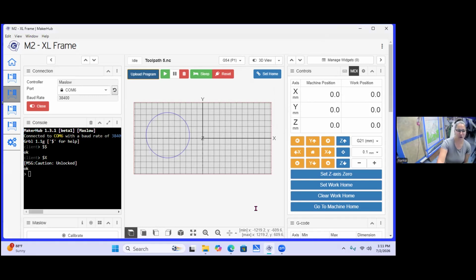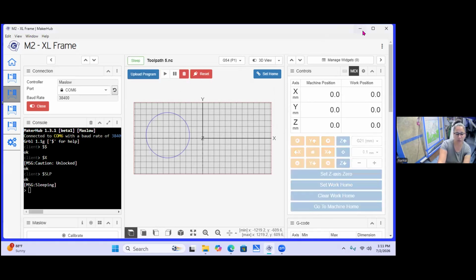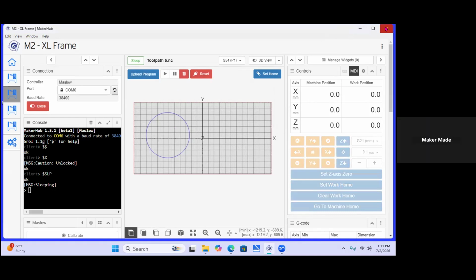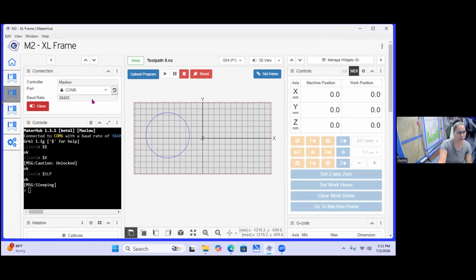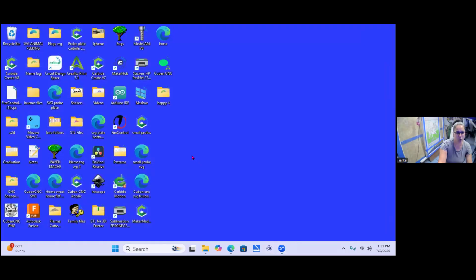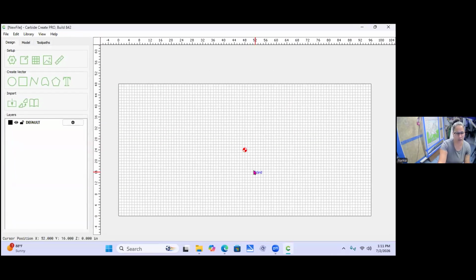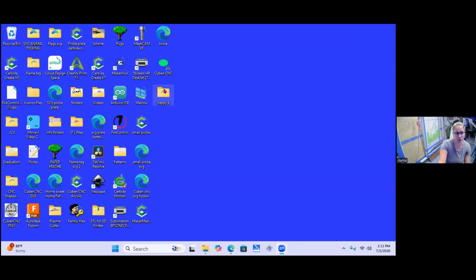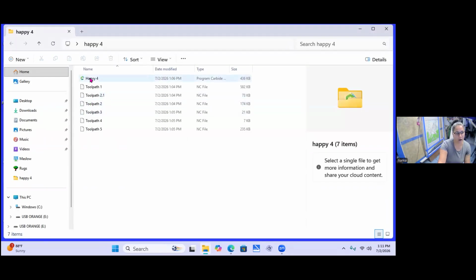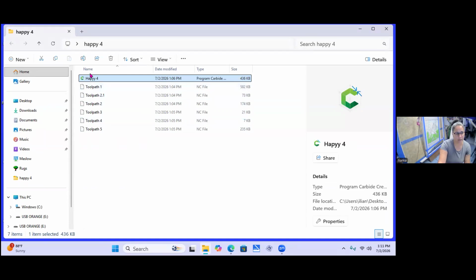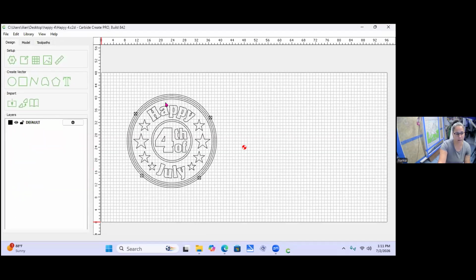Oh really? Yeah. So another thing is, let's say that it's too big and you want to change the size of this. The only thing you need to do, let me close this, is go back to Carbide Create. Sometimes I'm like, you know what, I want to change this or whatever. Go to your file and then open the one for Carbide Create,